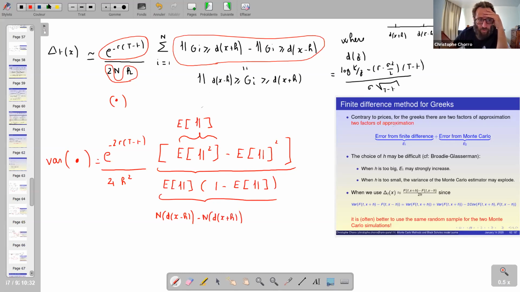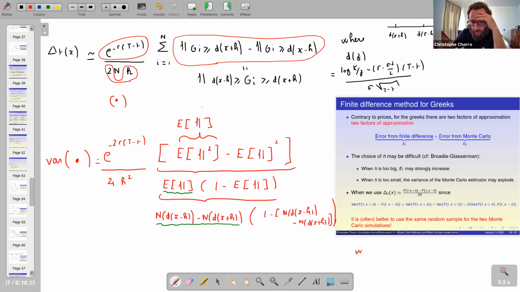So this term here is equal to this one: 1 minus, I can write it this way, N(d(x minus h)) minus N(d(x plus h)),